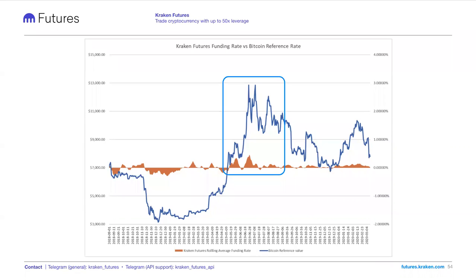And that increased buying pressure drove the price of the futures contract up above the spot price. And that drove the funding rate up as well. So the futures contract price went above the spot index price and the funding rate became very, very high. We'll check what it is together in a few seconds.